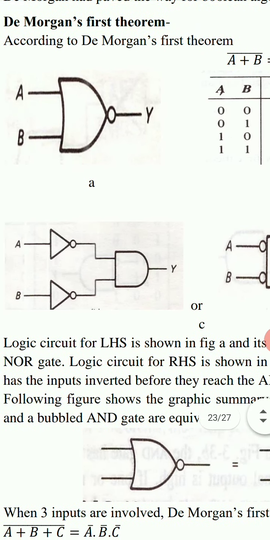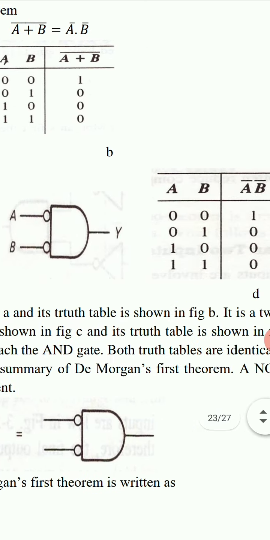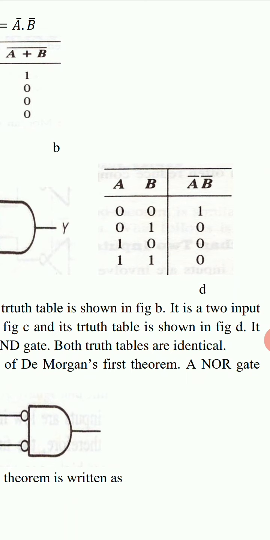This circuit can be shown by this simple circuit in which the NOT gates are replaced by a bubble. This bubble means A will convert to A bar and B will convert to B bar, and then this AND gate will make Y equal to A bar dot B bar. This is the truth table for Y equals A bar dot B bar. For A bar dot B bar, we only write A bar B bar. The dot is implied in between these.